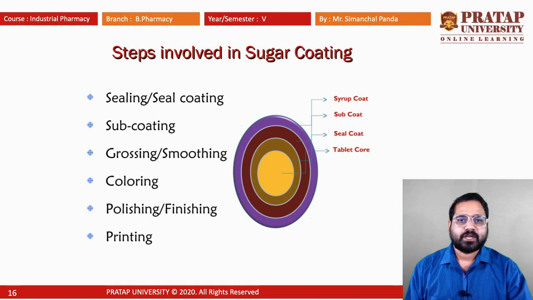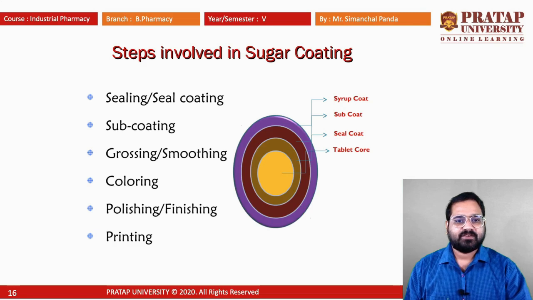There are different steps involved in sugar coating, that is the sealing, that is seal coating, then subcoating, glossing or smoothing, coloring, polishing or finishing, then printing if required. So in this diagram we have seen the first one is known as the tablet core. Generally the tablet surface has a lot of gaps. In order to avoid that, we have to make the tablet surface smooth and we make the seal coating. Then we have to go for the subcoating, that will allow the sugar coat to